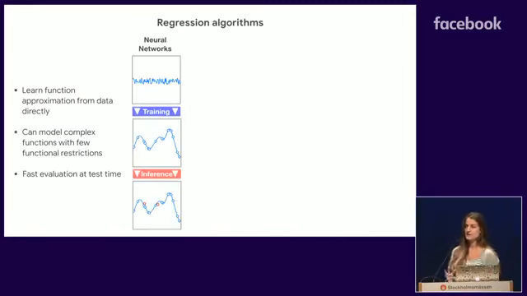Let's look at what regression algorithms we have out there. Most famously, everyone knows neural networks. Neural networks are initialized at random, as you can see. And then during training, they observe tons and tons of training data, and their parameters get updated to regress this underlying ground truth function. During inference or test time, these parameters are fixed, and we hope that they will generalize well enough to our new target position. What's really neat about neural networks is that they learn all of this regression from data themselves. In addition, they can regress pretty complex functions because there are a lot of parameters that we can tune, and the evaluation at test time is really, really quick. It's just a forward pass.